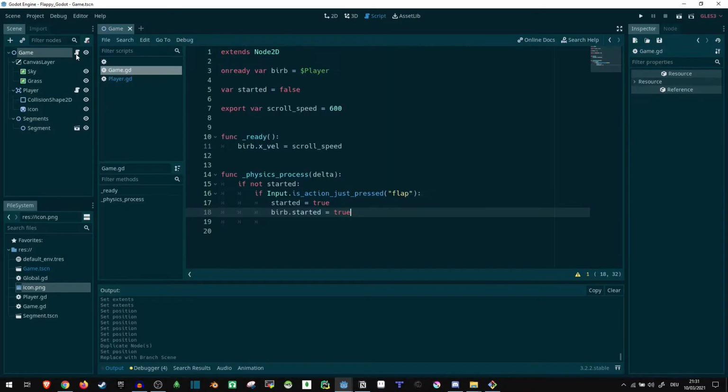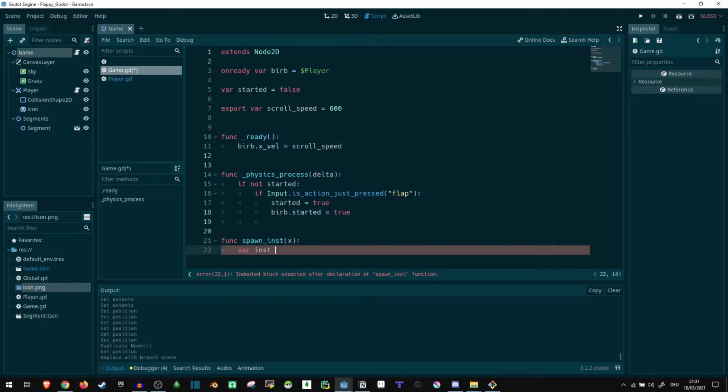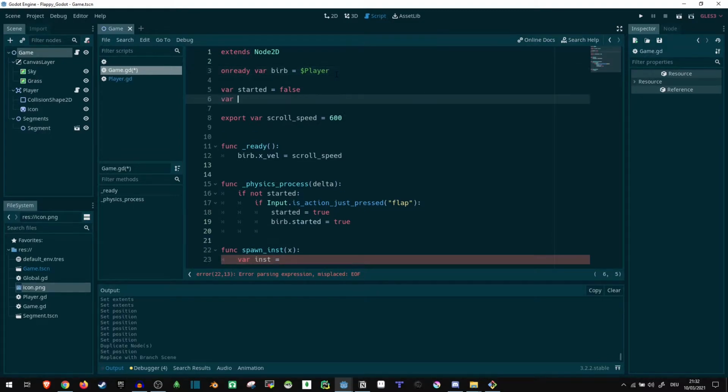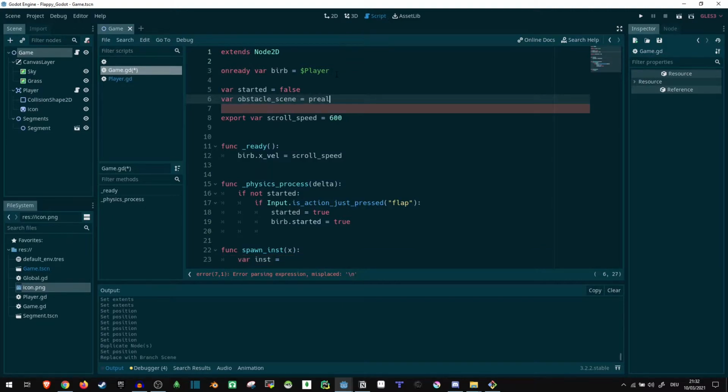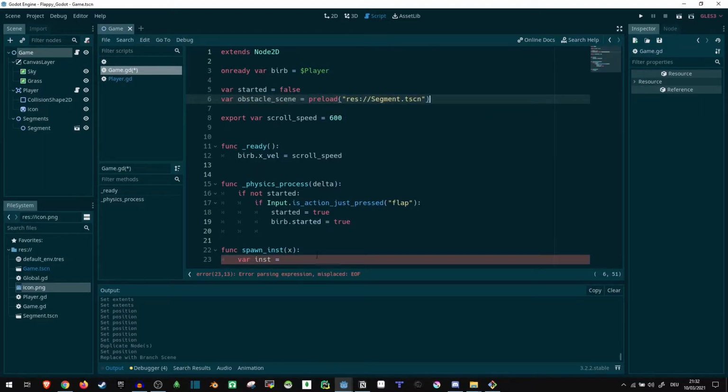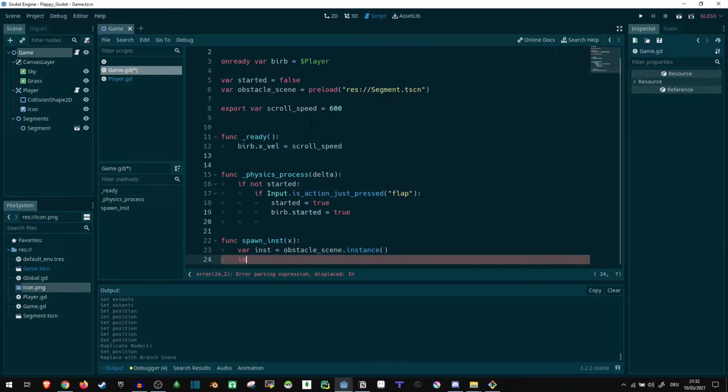Now we're gonna want some script to be able to move these things and spawn them to begin with. So what we can do is, let's start with spawn inst with an x location, var inst equals, and we're gonna need a scene for this. We just created one, so let's use that. Var obstacle scene equals preload segment.tscn. That should be fine. That thing.instance is what we want here. Then we position it at location